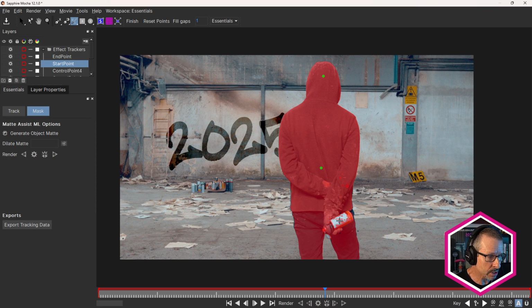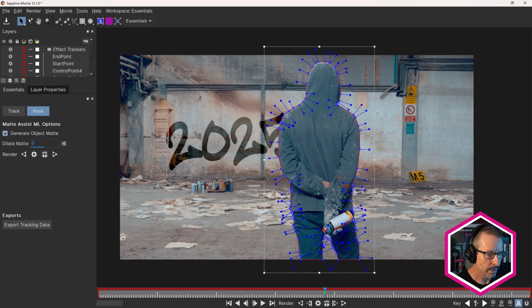I could click here as well, or I could come over and grab the area brush tool and just fill that in. So I could do that. Maybe just grab his finger there as well. And if I had anything outside the area that I wanted to select, I could hold down the Alt or Option key and paint that out as well. I'll just come back and select that tool and come over and click on this tool here, the Pick tool, and that creates my first spline.